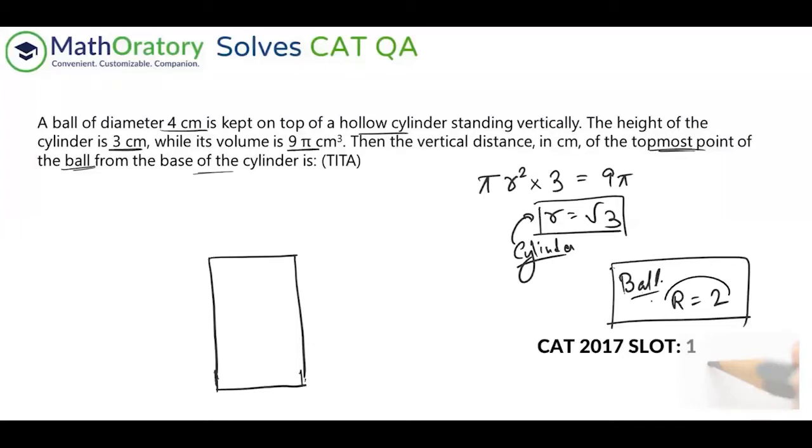You can compare the radii of the ball and the cylinder. The ball has a higher radius than the cylinder, isn't it? So ball has a radius of 2 and the cylinder has a radius of root 3. So the ball will be more outside than inside. So that is something you have to understand. I consider this is a circle, but anyhow, if you just understand this idea, there will be a circle like this.